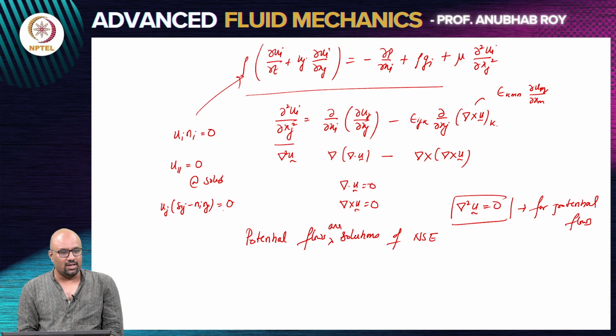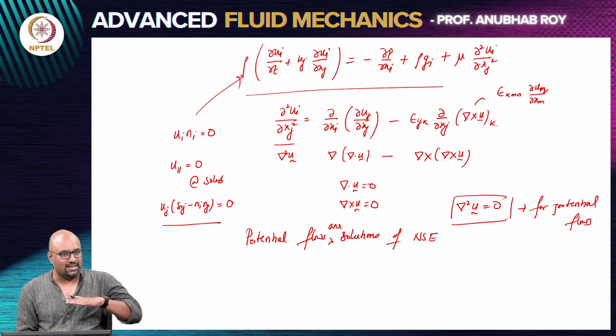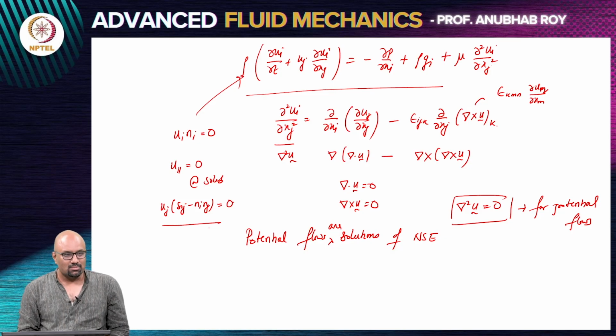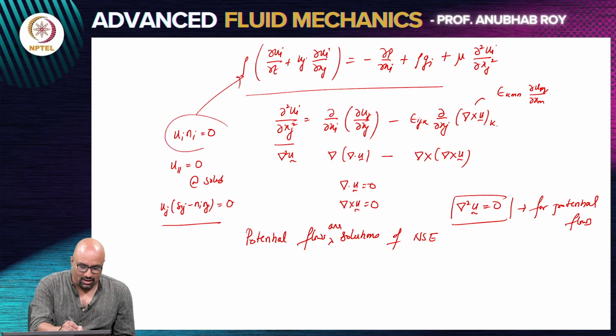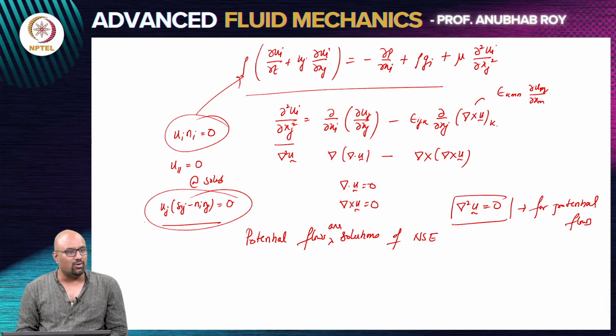On a surface, if there is a unit normal n, then this quantity, which gives you the velocity that is tangential to the surface, should also be 0 if it is a no slip boundary condition. Potential flow solutions cannot be made to satisfy both boundary conditions. That will become an overdetermined system. It can only satisfy the no penetration boundary condition, but it will not be able to satisfy this boundary condition,